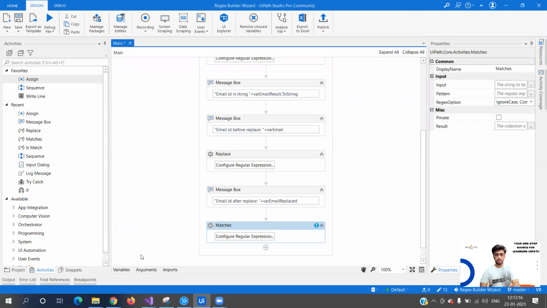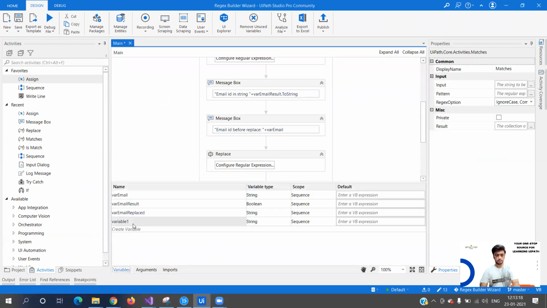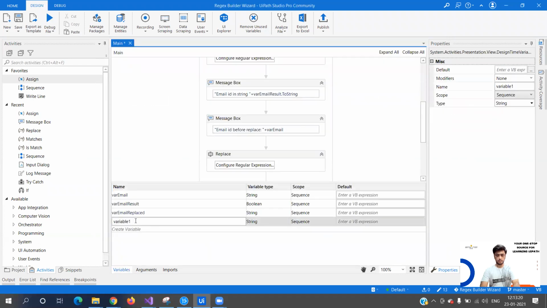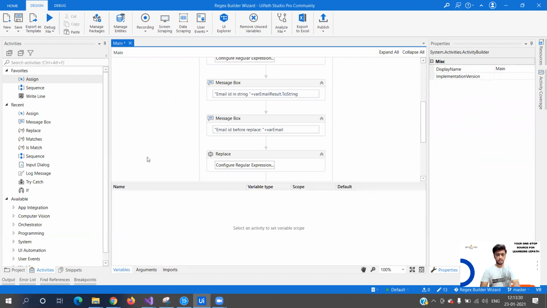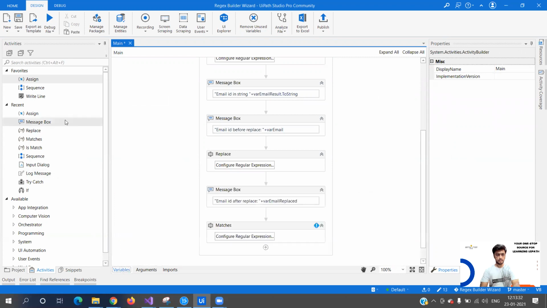We will use where learn, and I will tell you what we are trying to do. Variables. Let me minimize this. I'm going to use assign.